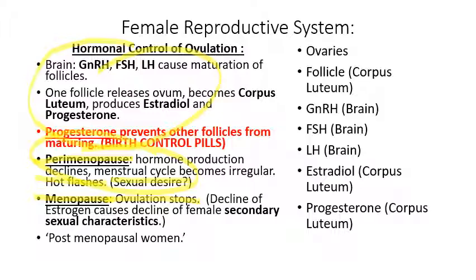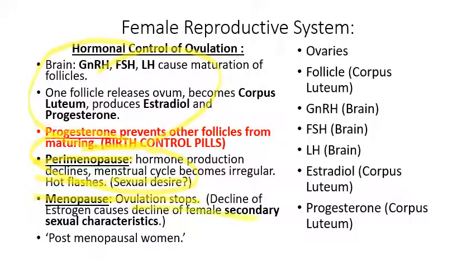Suddenly it's not 4 weeks anymore, but that's part of perimenopause. Eventually the hormone production drops to the point where ovulation, the production of eggs, stops, and there's a decline of estrogens produced by the ovaries,